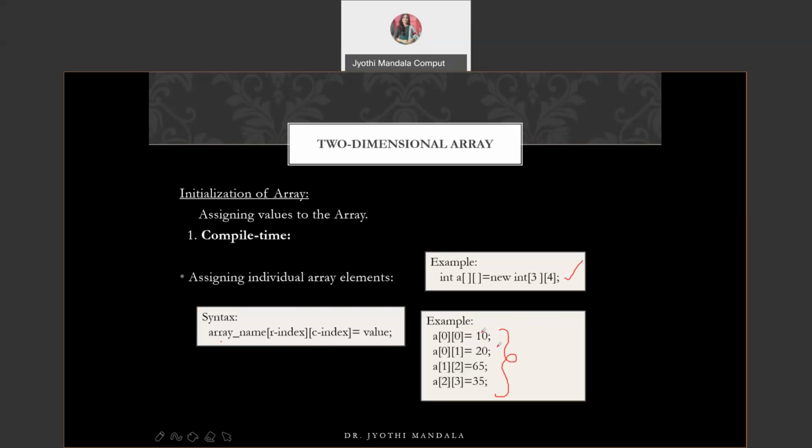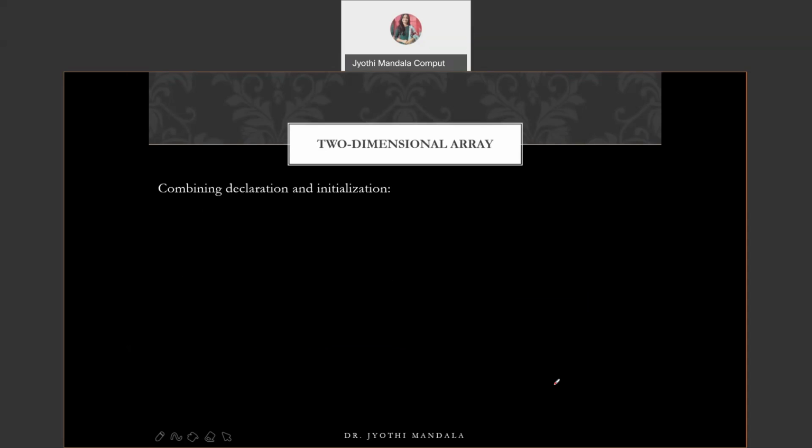This is one approach. But the problem with this one is, if you see this statement, 3 rows, each capable of storing 4 elements, is 12 elements. So we need to write 12 statements to assign the values. Suppose the array size is 10 by 10, then we need to write 100 statements, which is a very big task. So to reduce this work, what we can do is combine the declaration and initialization like this,